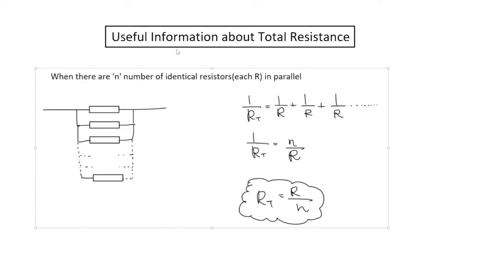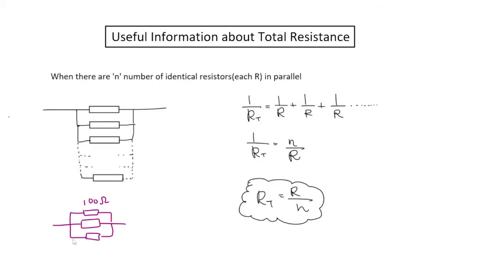For example, let's say we have 20 resistors connected in parallel, all of them identical. Let's say each one is 100 ohms and you have 20 of them. I'm only drawing a few of them, 1, 2, 3, 4, like that. You have 20 resistors